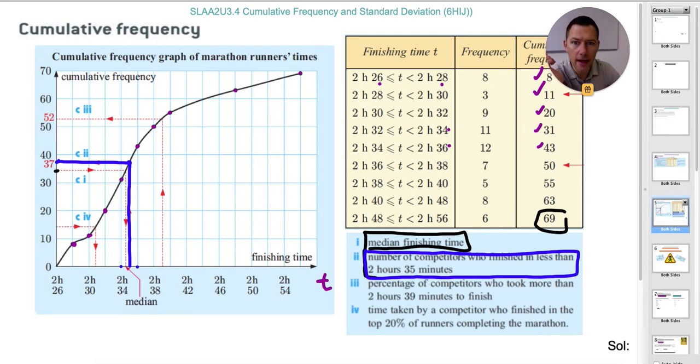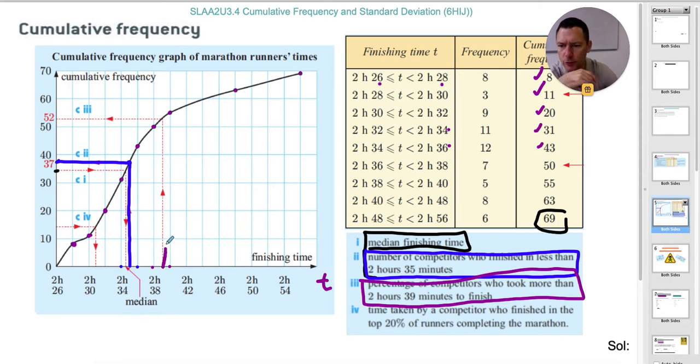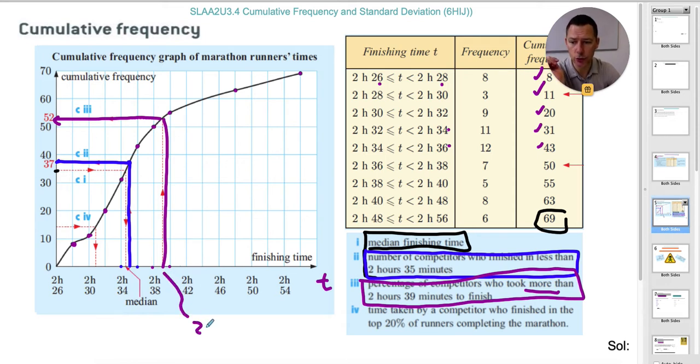All right, and then what about this one? Percentage of competitors who took more than 239 to finish. Okay, well here's 238. Here's 240, so this must be 239. Let's go up and see just the raw number that finished more, who took longer than that. So these are the people who took longer than that, right? So 52 people had finished at time 239,